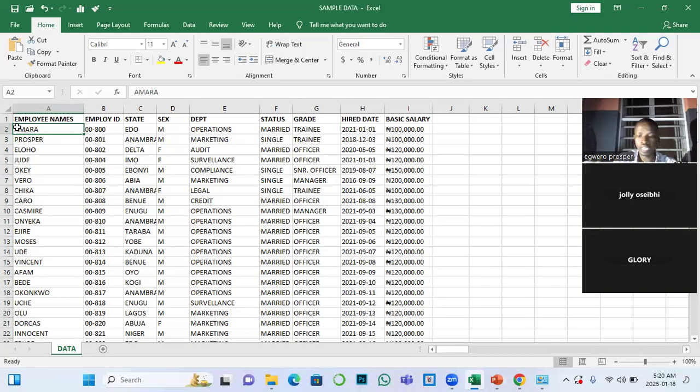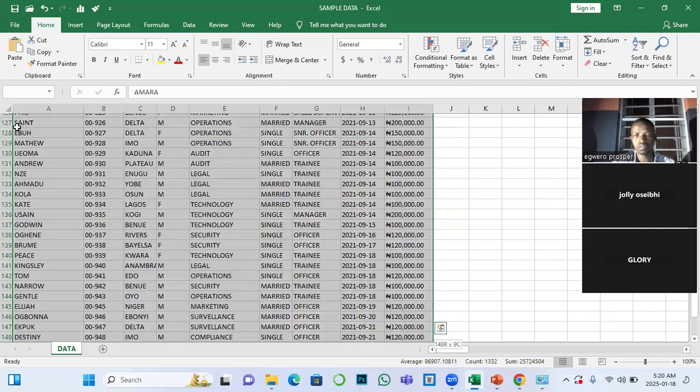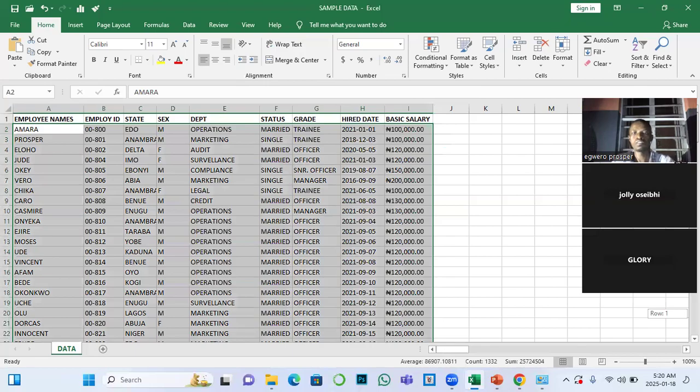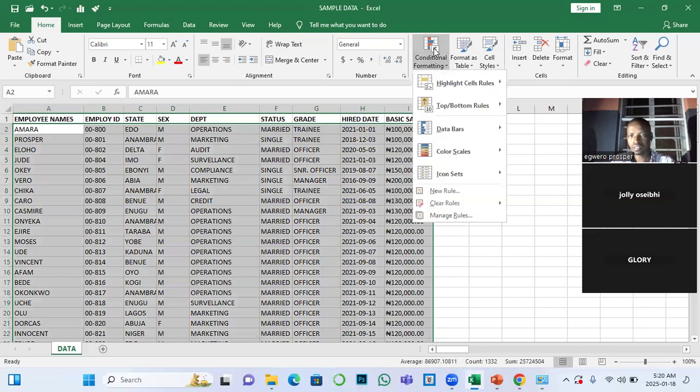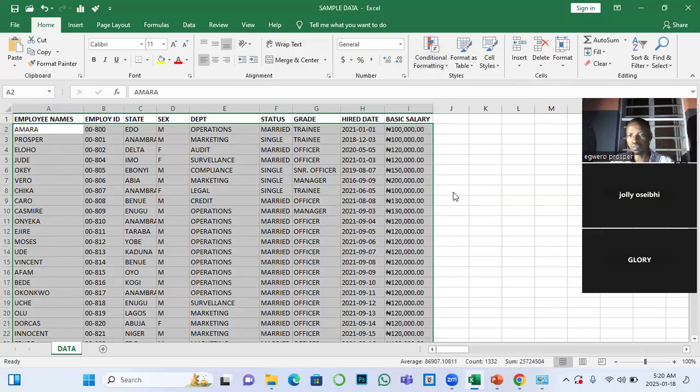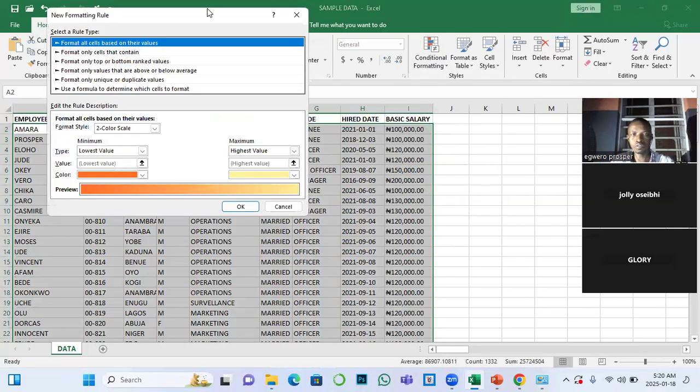So I'm applying it for the entire row, not just the column. Remember, I'm not selecting the field names. So highlight everything. Then go to conditional formatting, select new rule, and then of course, we are still on the